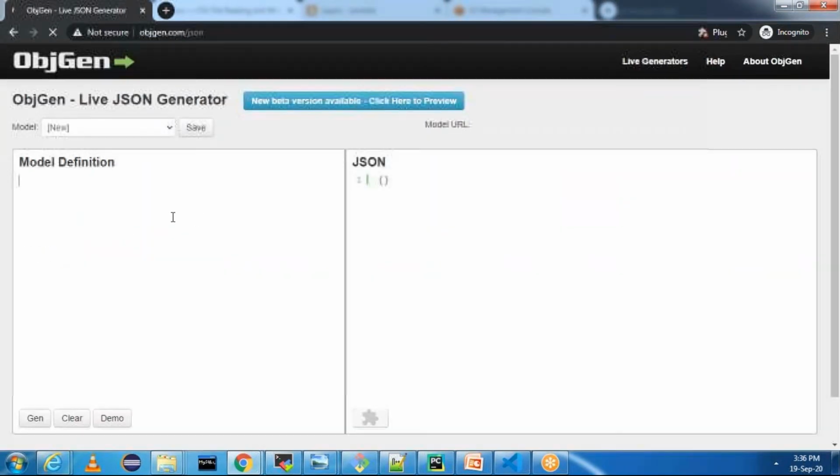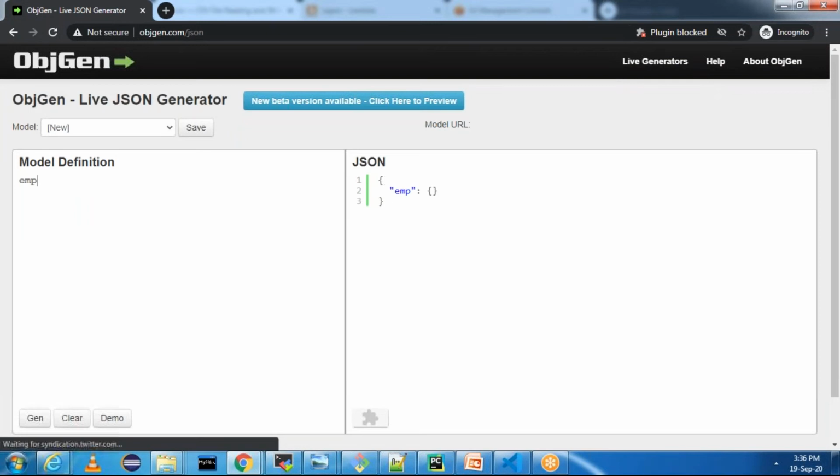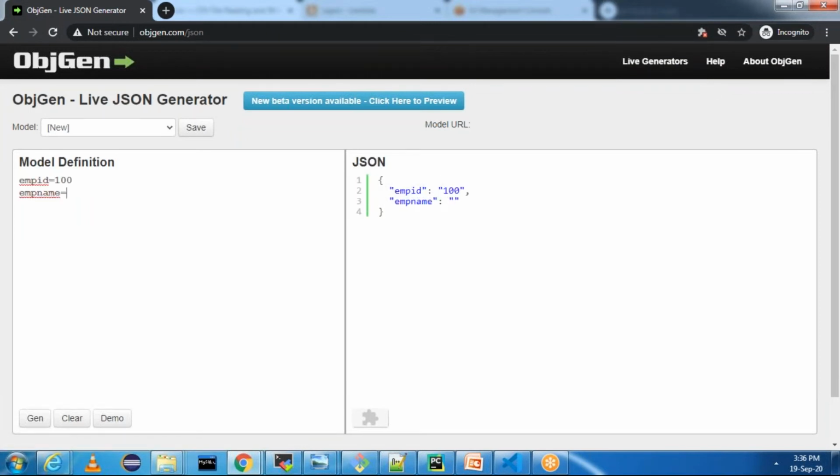You need to mention keys and values. In the previous case, we did not mention keys and values. We directly mentioned the values. In this case, I will say employee ID 100, employee name Vamsi, and I will say employee address AP. This is nothing but key value pair. This is called a dictionary, which will have key value pairs.